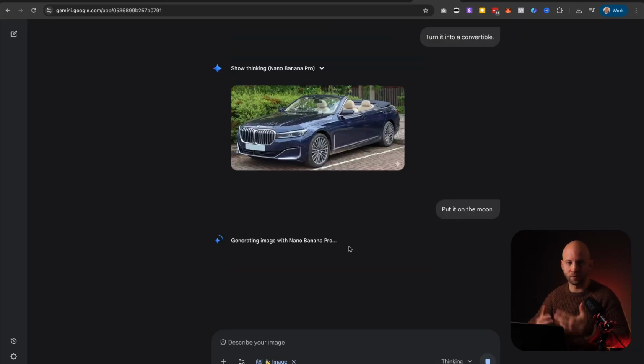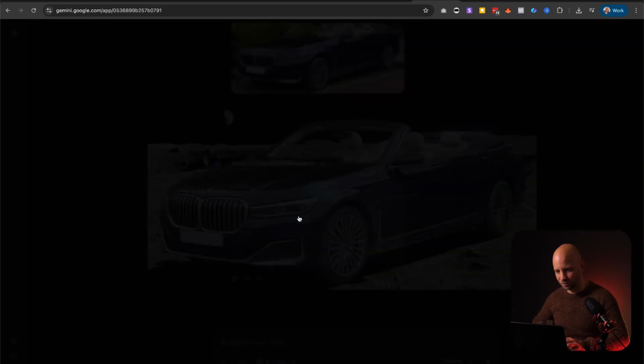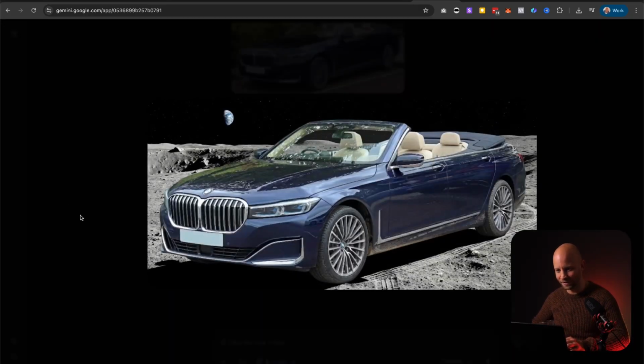So you see, now everybody's talking so much about the AI coding part, which is fantastic. We're gonna get to that and touch on it. But there's so much more in this update, and there's so much useful stuff that I think we have to cover these things. It's a very interesting time to be alive. Let's see, it's on the moon, or BMW is on the moon. Okay, finally I see some